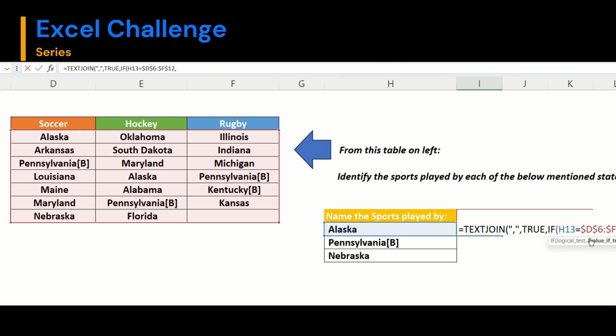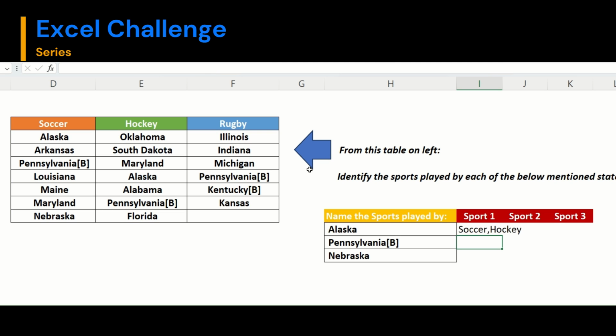Then value if true, give me the result from here. So let me make this absolute as well, and I will put comma, value if false. And if it is not available, then give me blank. And I will close my bracket like this, and I will close my bracket once more like this,